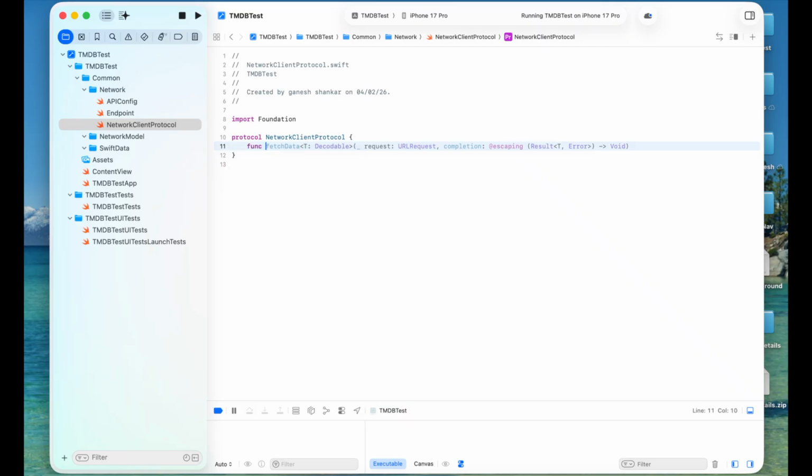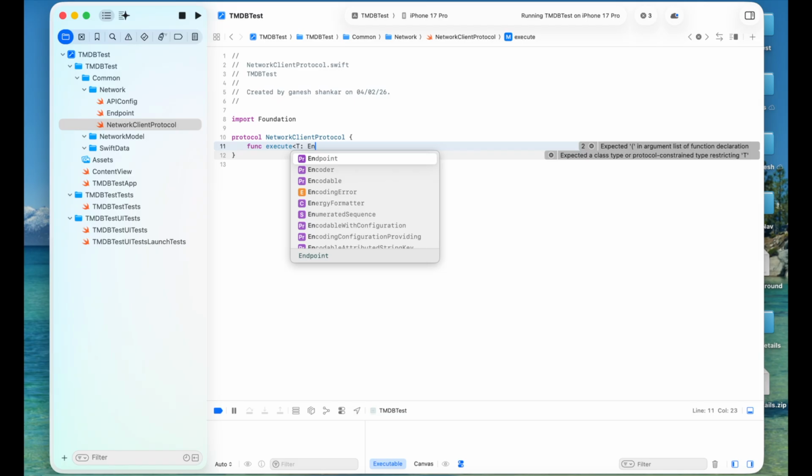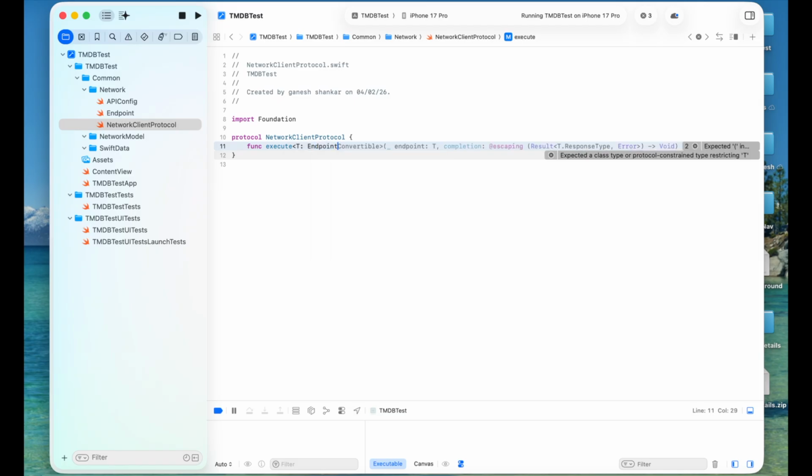That will be a function, you can have it as fetch data, or you can have it as execute, and this execute is of type T, but which will conform to what? It will conform to our endpoint. Okay, the endpoint which we created,